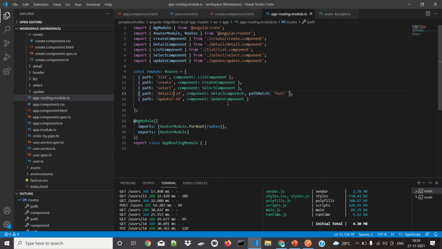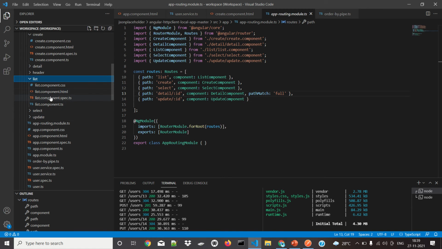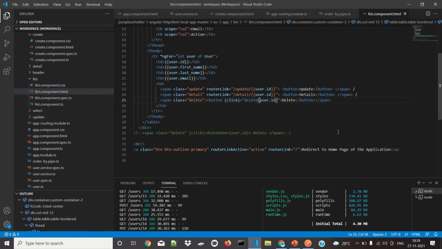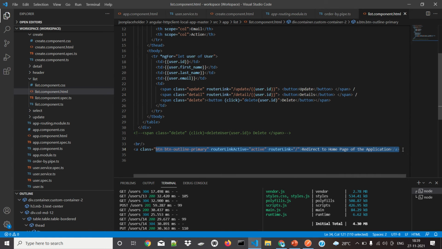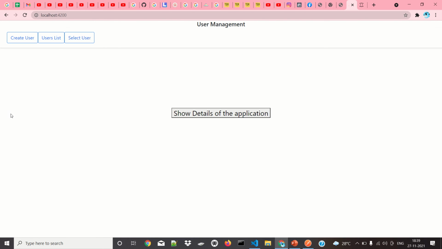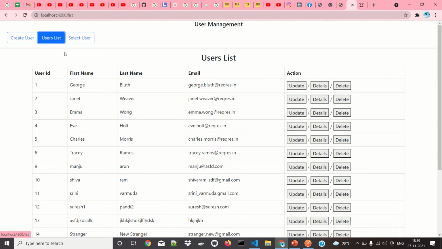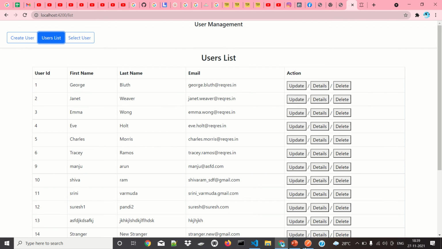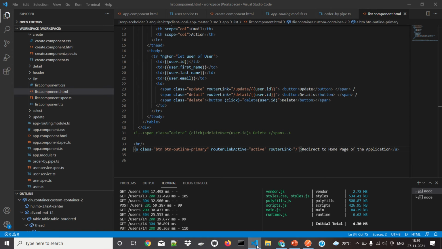After the entries, for example, we have a list page here. Inside this list page, you can see the page redirects to the home page of the application. Router link is active and router link is slash means it will go to the home page. Just go here and give this one, see, it comes to the home page. From every page we have this feature. That is the advantage of using it.